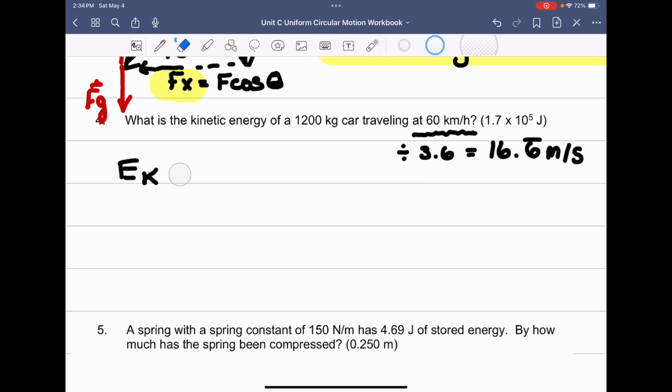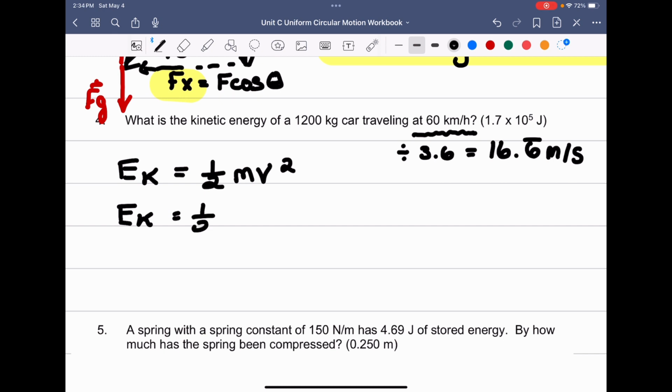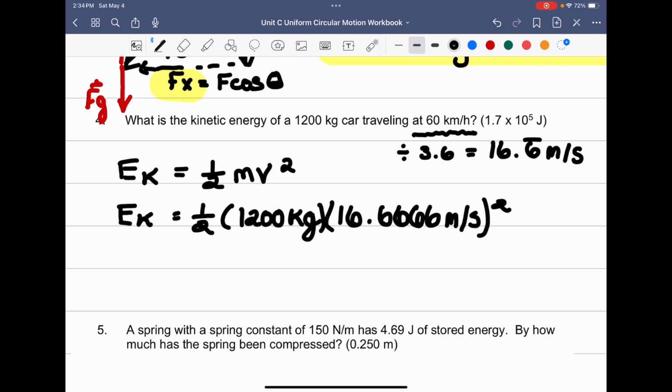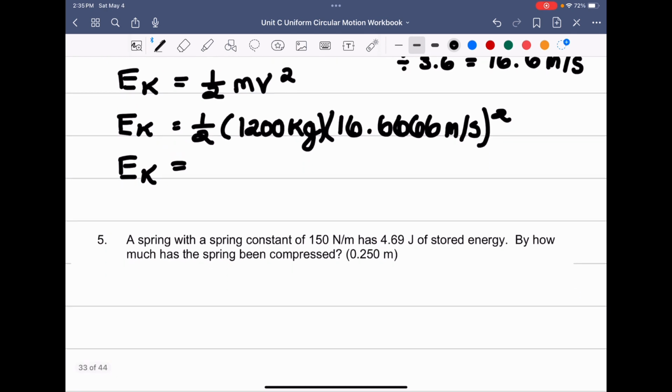Kinetic energy is equal to 1 half mv squared, and this is directly off your formula sheet, so you do not have to memorize this. We're looking for that EK, so I'm just going to write this as EK, which is equal to 1 half mass, which is 1200 kilograms. I'm making sure to put in my units, of course, multiplied by the speed, which in this case is 16.6, and I'm going to throw in maybe 4 decimal places just to ensure accuracy, having the squared on the outside. You plug it into your calculator, and it's going to give you a very large number, in particular